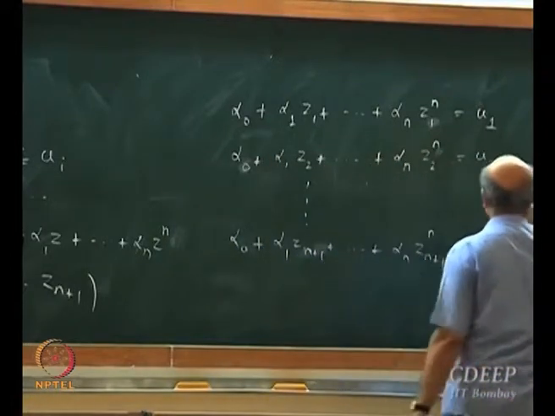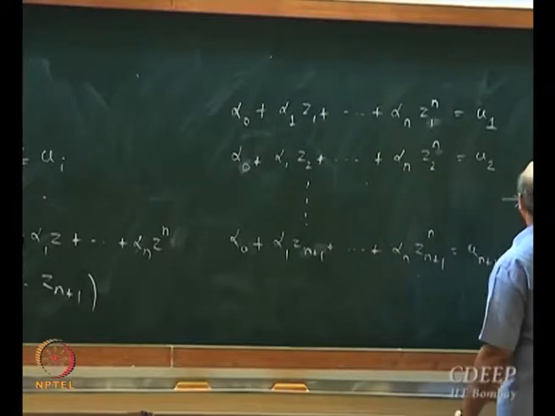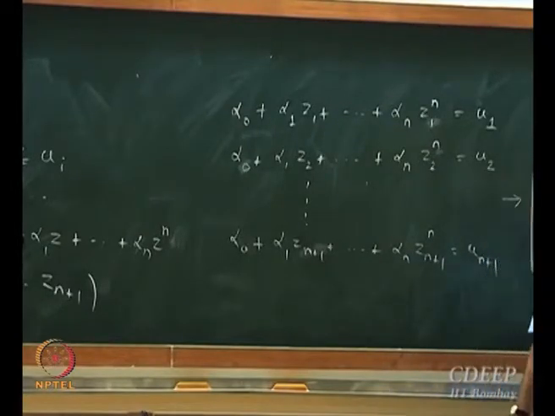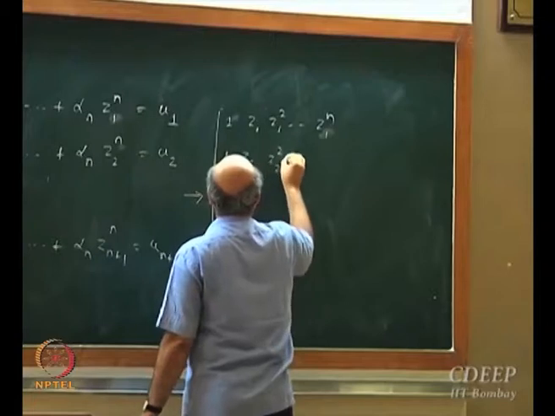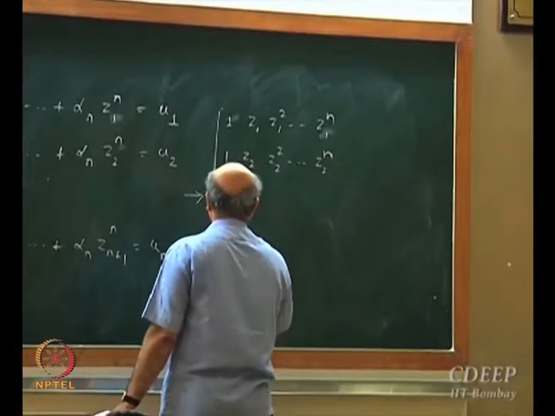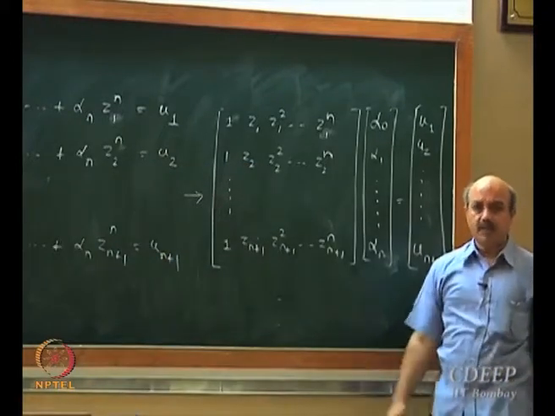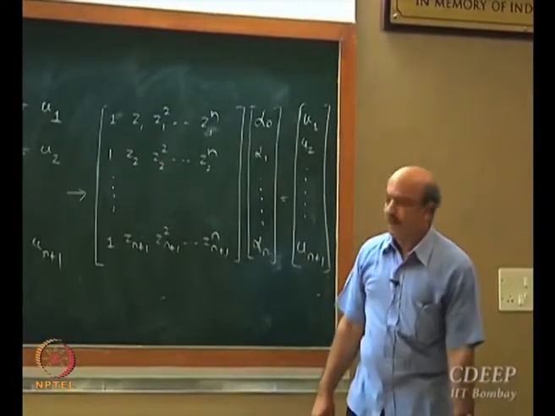So this can be simply transformed into 1, z1, z1 square, z1 raised to n; 1, z2, z2 square, z2 raised to n. So this is simply solving Ax equal to b, okay. Well, unfortunately